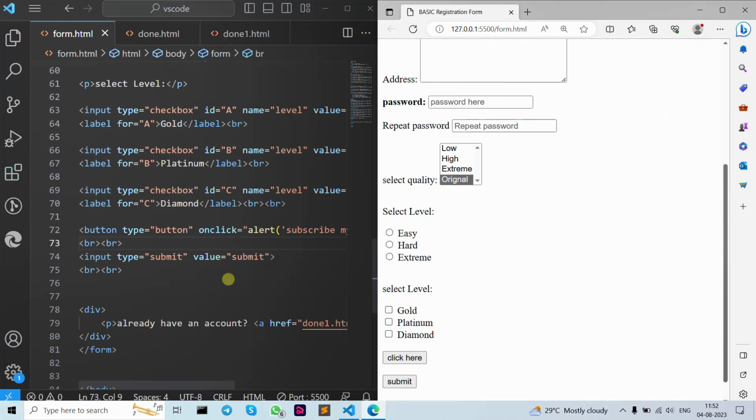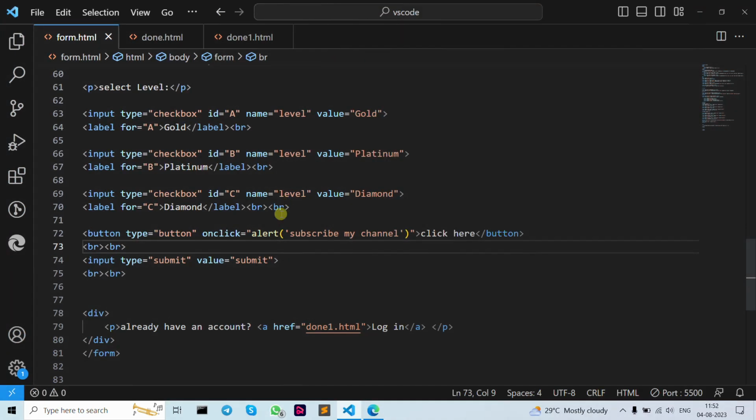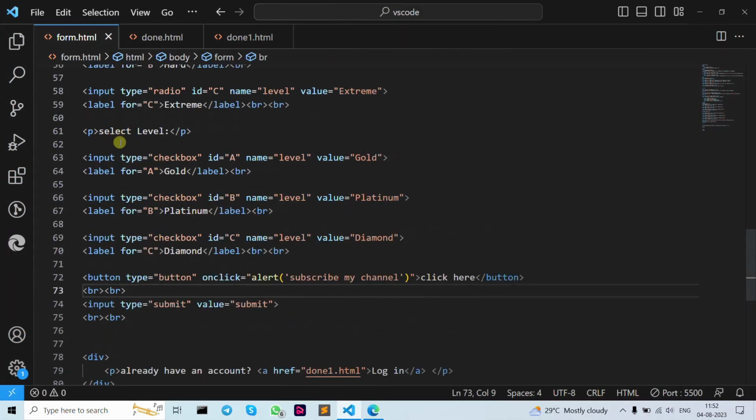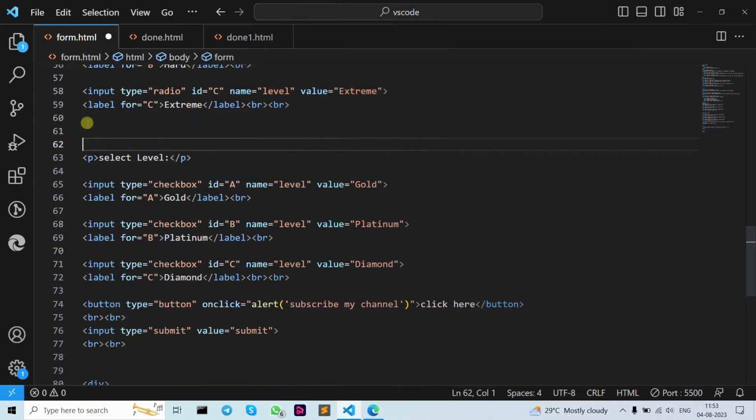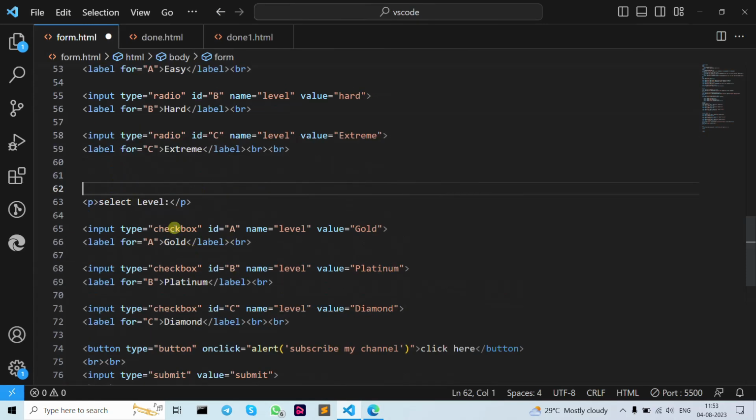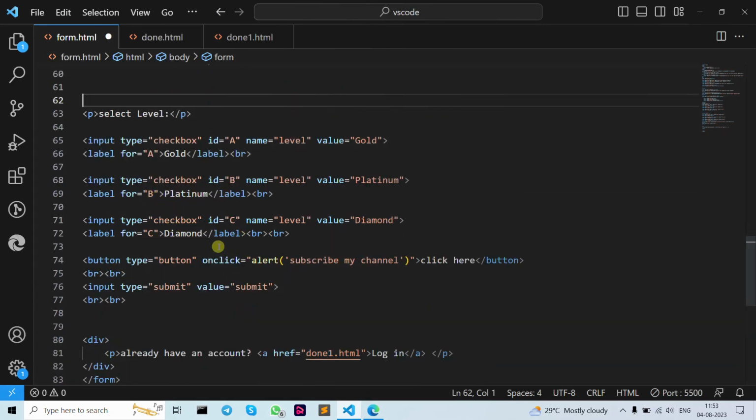Okay, now let's move forward to our fieldset. Let's just make the screen like this. Our sixth point is fieldset and legend. So let's first do fieldset. As you can see, this is our checkbox button here. So now write down fieldset